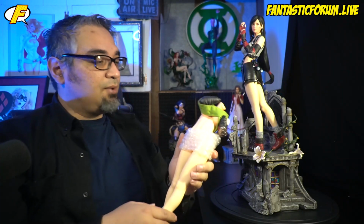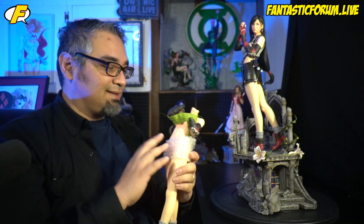I think this one you can get it both just this statue with or without the nude body. I don't know if you can get the nude without the main statue, and the price difference isn't even that much. I want to say it was like $50-$60, something like that. Don't quote me on that, but for those of you that do want to display this one, I don't know how well it's showing up with the camera because